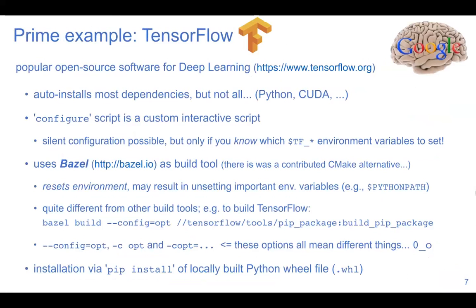One example I like to use is TensorFlow. This is one of the biggest scientific software packages out there right now. It's one of the most popular projects on GitHub, which is already quite big by itself. But if you look at how you install TensorFlow, or at least how you install it from source, it's pretty messy. It provides some scripts where you can